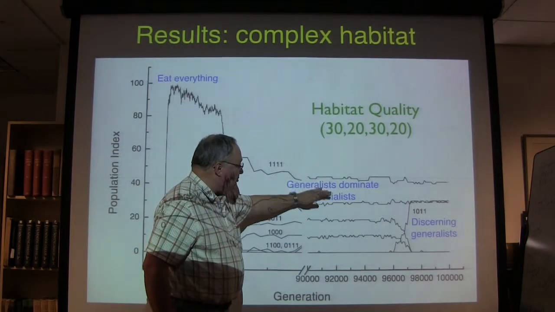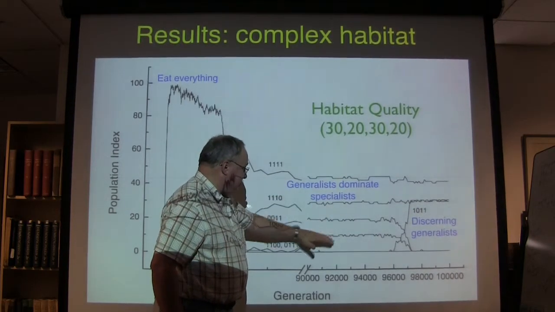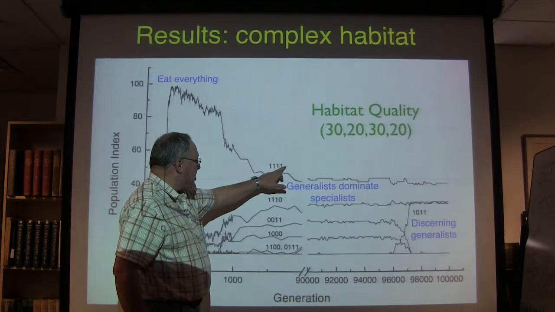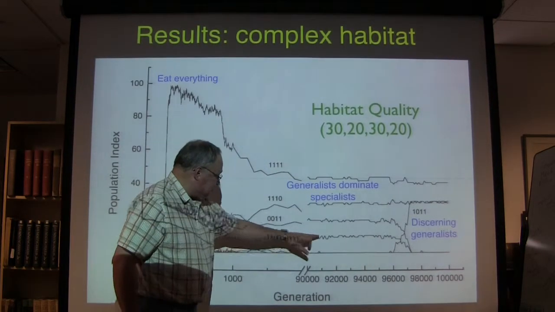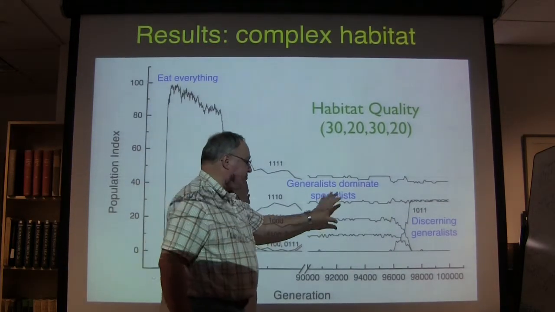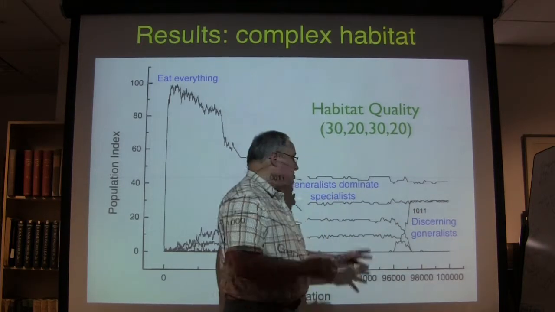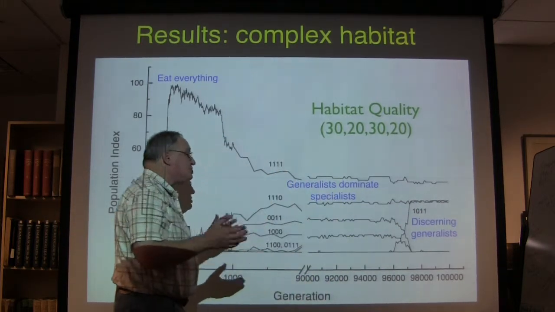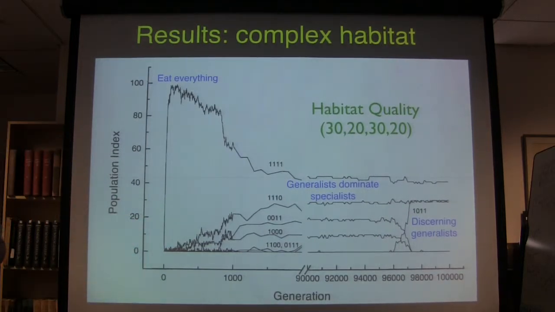We can run it for a long time and we get generalists dominating the specialists. So for example, 1, 1, 1 is a generalist. Here we have a couple of specialists. It's a complex picture, and then all of a sudden we can get a switch. So there are obviously basins of attraction that are quite shallow, and you can jump to different stable configurations in the kind of guilds that would support.